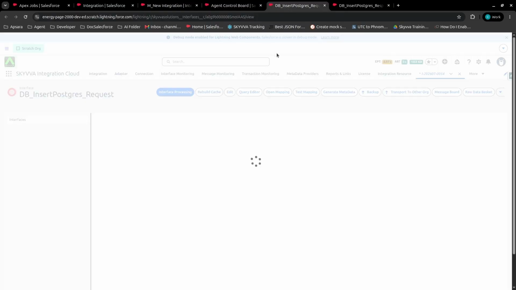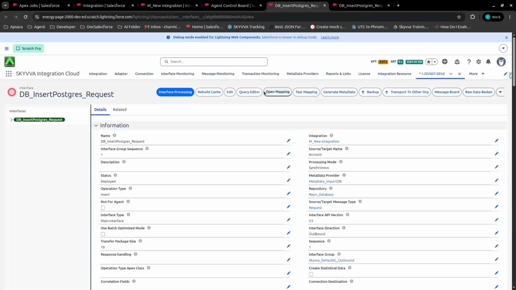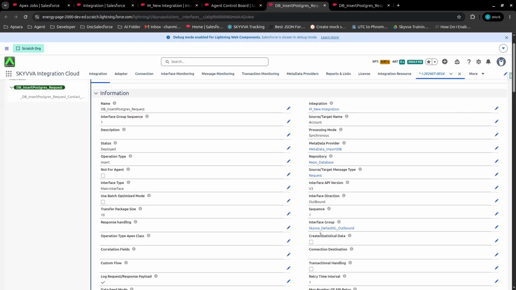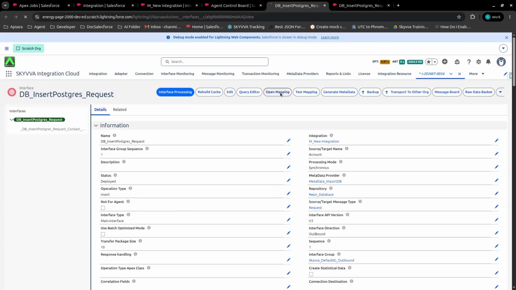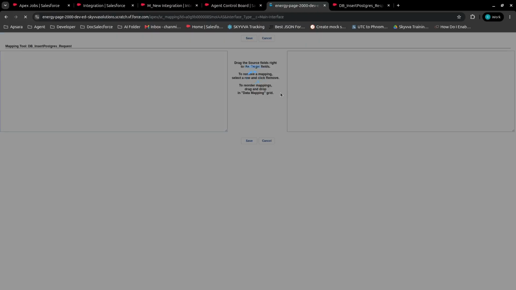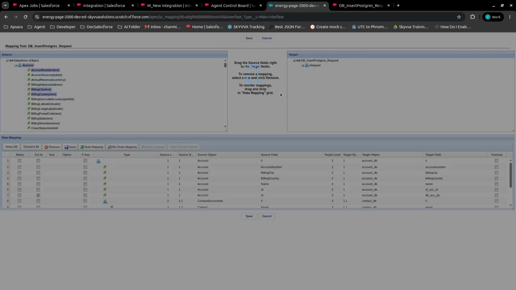Next, navigate to the Outbound interface. The interface was set to the Synchronous processing mode, linked to the metadata provider and the message type. We selected the insert operation type. In this demonstration, we are going to show you that the insert operation with PostgreSQL can automatically generate primary keys. The adapter captures these generated values and can return them back to Salesforce through a response interface, ensuring both systems